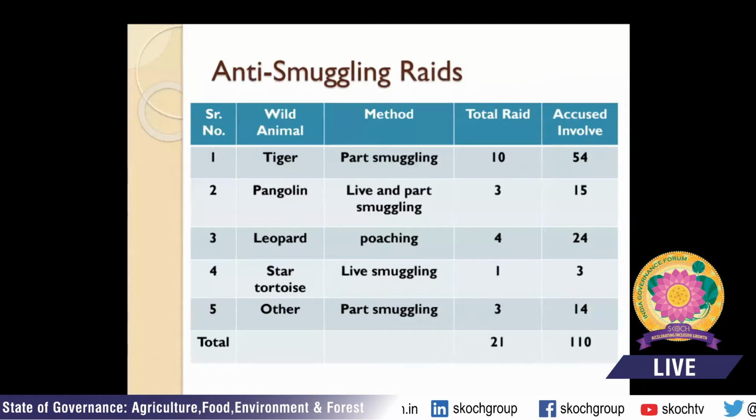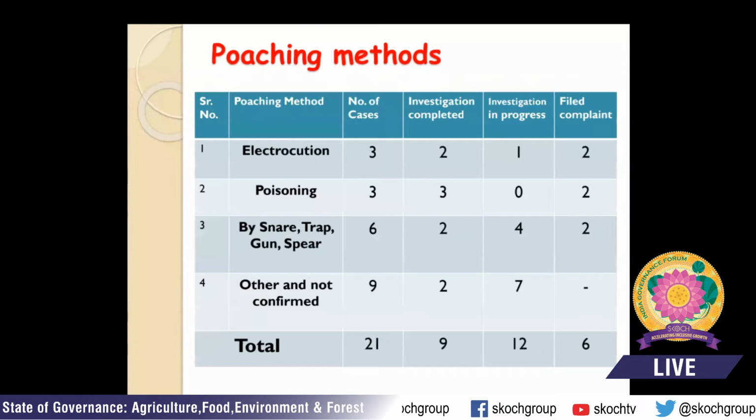एंटी स्मगलिंग रेट्स अभी तक हमने 21 किया है सर, उसमें 110 एक्यूज्ड को हमने अरेस्ट किया है। सर, पोचिंग मेथड्स में इलेक्ट्रिकेशन उन्होंने यूज किया है, पॉइजनिंग किया है, स्नेक ट्रैप्स, और जो अभी तक हमारा इन्वेस्टिगेशन चल रहा है जिसमें हमारा कंफर्म नहीं हुआ इस तरह से सर। और अभी तक हमने 6 फाइल कंप्लेंट किया है और बाकी के इन 21 केसेस में से इन्वेस्टिगेशन कंप्लीट हमारा 9 हो चुका है सर।